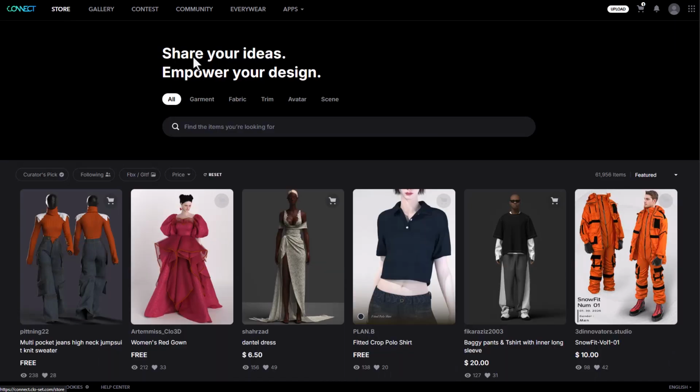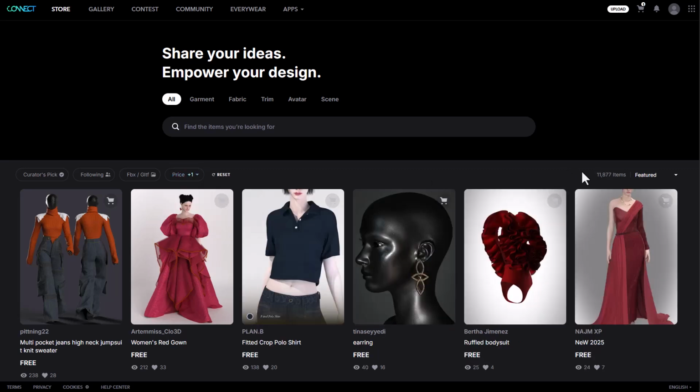If you go over to the Connect store, you will be able to get access to a ton of free 3D assets, and this cuts across garment, fabric, trim, avatar, and also scene. And to find this is very simple. All you need to do is go over to the store section and change the pricing to free. And once you do that, you would notice you've got access to over